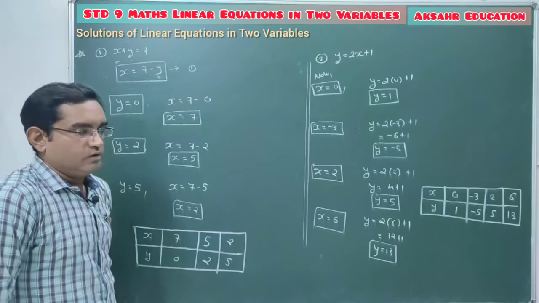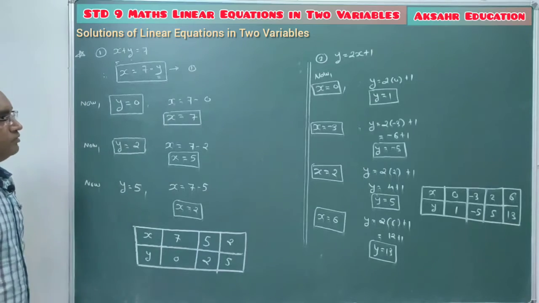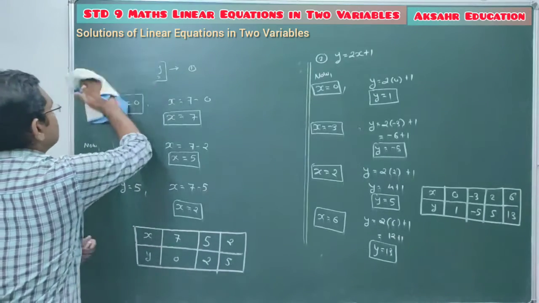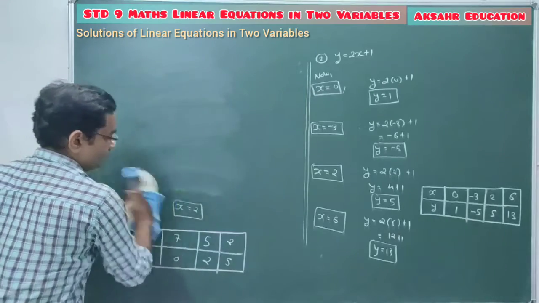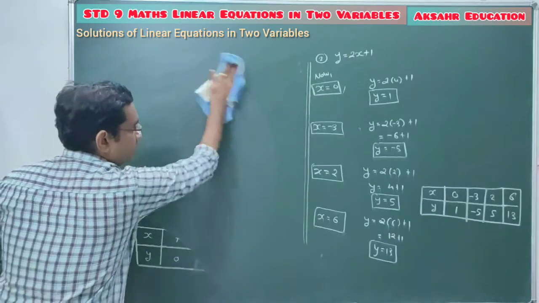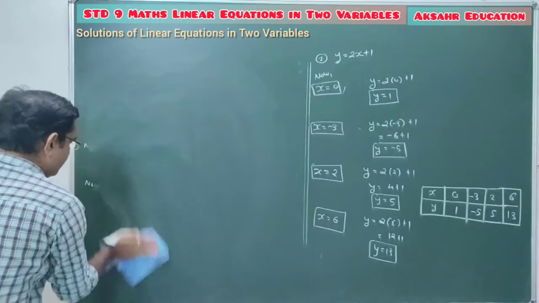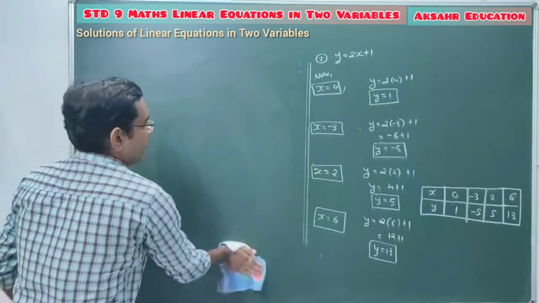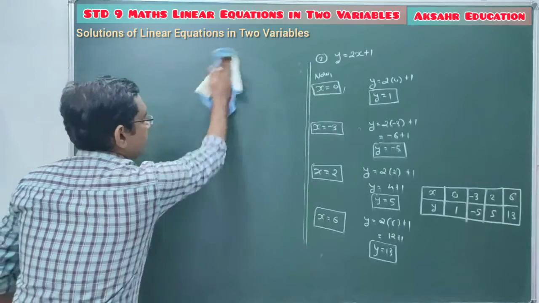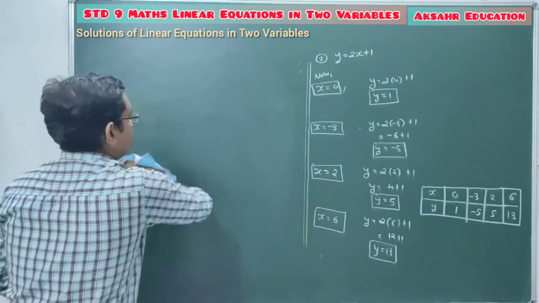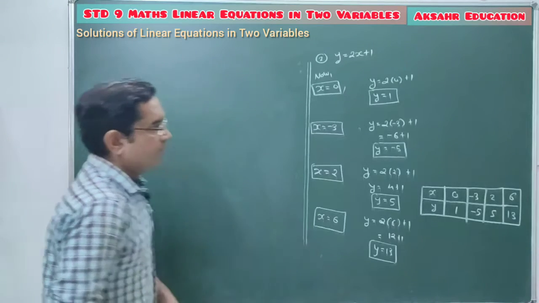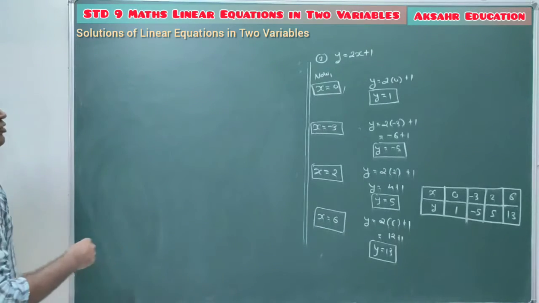Clear, students? So pause the video to note it down. Now consider question number 3. There are infinite solutions for any linear equation in 2 variables. So out of that infinite solutions, we have to find the given number of solutions. In the exam, if it is a 2 mark question, then suppose you have to find 4 solutions; if it is 1 mark, then suppose you have to find only 2 solutions.